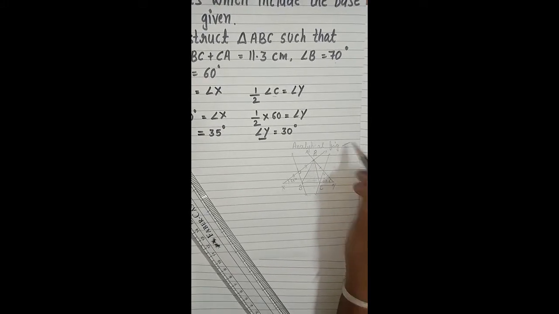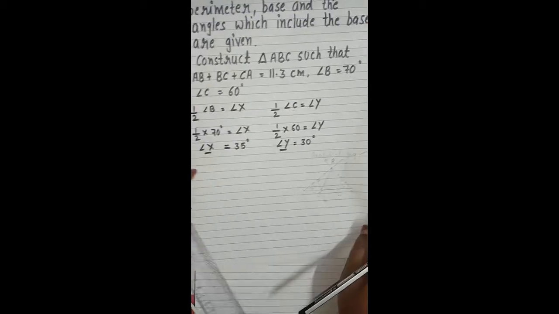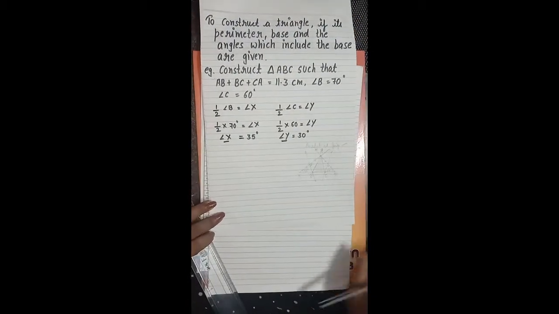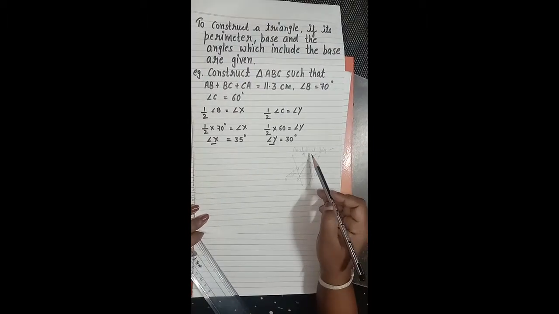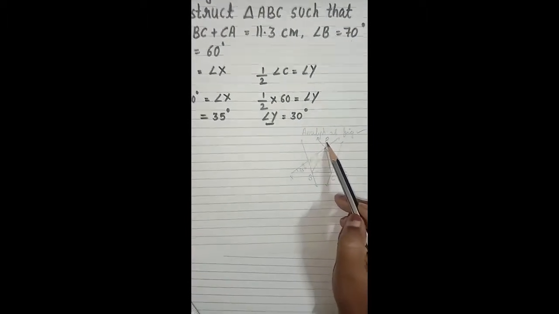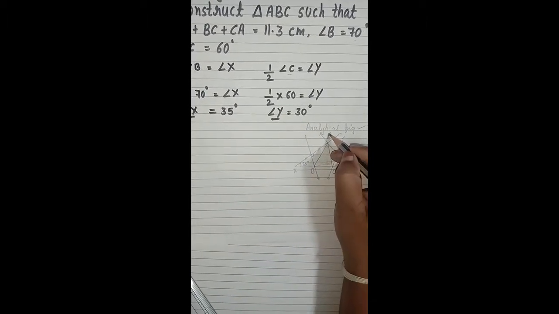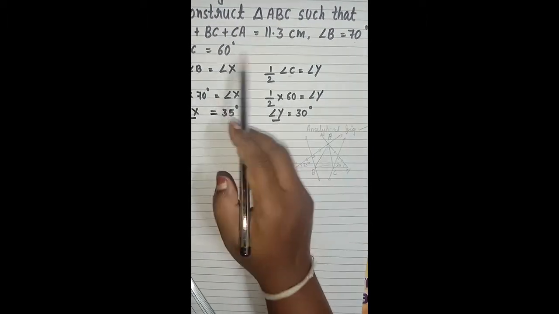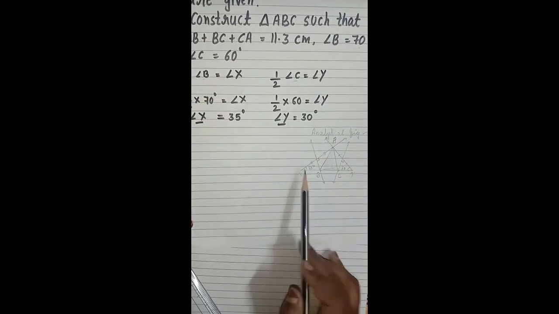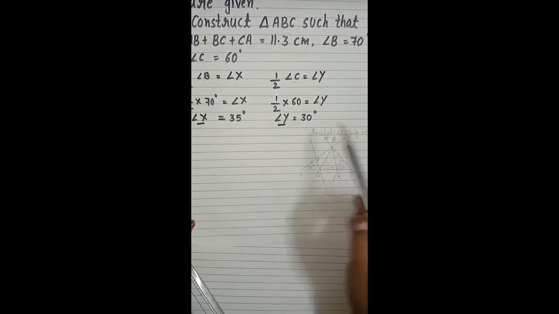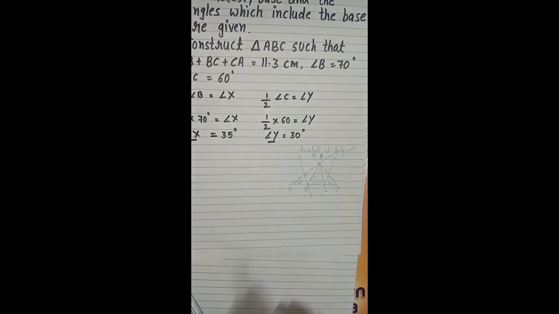Now this is the analytical figure. Now we will construct the fair one. We will not make the mistakes here that we made, like taking P and all. Because this is the analytical figure, we come to know that the remaining point will be there. Angle B and angle C are on the base. So which point is left? This point is left, so this will be the third point of the triangle.